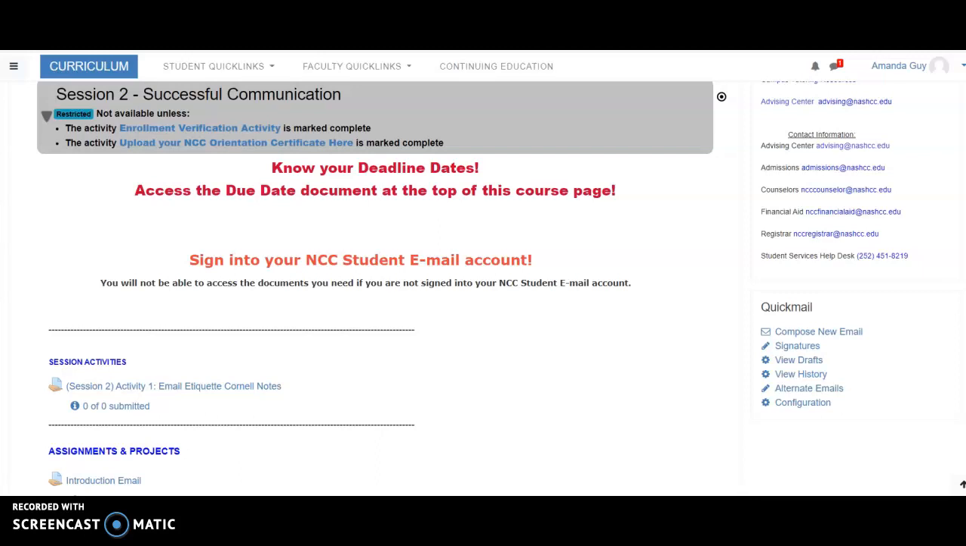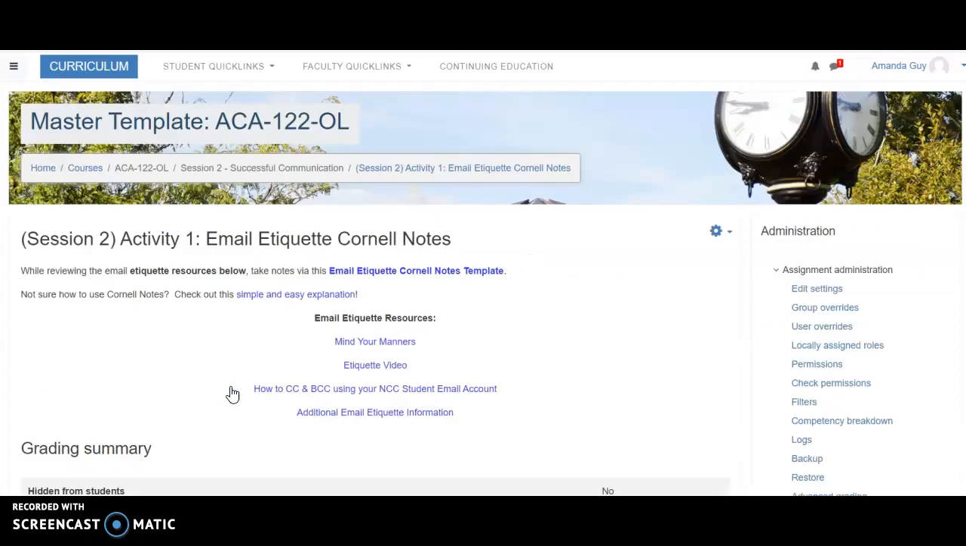The two assignments for this week are the Email Etiquette Cornell Notes and an Introduction Email Assignment. Remember that you have to be logged in to your Nash Community College student email account and Moodle in the same web browser window in order to access these documents. For Activity 1, Email Etiquette Cornell Notes, you are going to click on the link